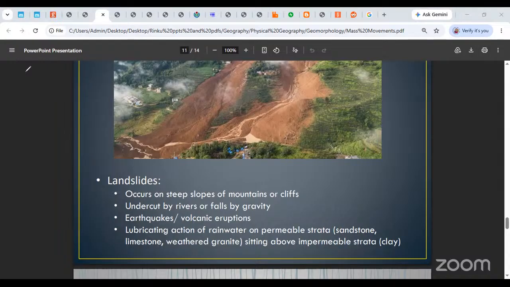We are looking at, say suppose this is a slope. This is the slope of a mountain. This layer on the top over here is something like granite or limestone or sandstone. We are talking of proper rocks. We are saying a layer like granite or limestone or sandstone is here. So this is a layer. These are usually jointed or porous rocks, through which water can connect and pass. So those are called permeable layers.